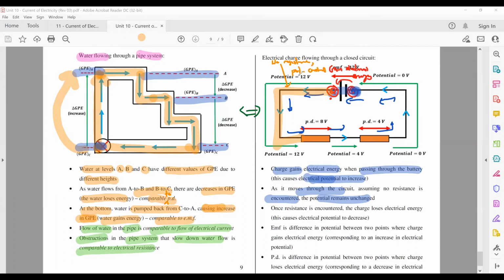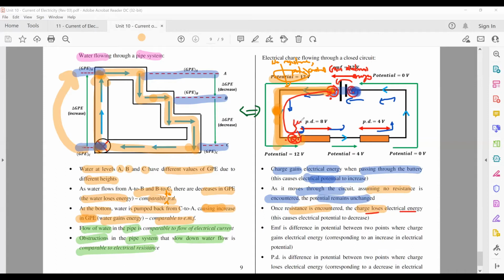All right. So over here, it's already mentioned that once the charge passed through your battery, it was at a potential of 12 volts. So from here all the way to before the resistor, assuming there was no resistance, the potential ought to remain constant. All right. It's only when it encounters some sort of resistance, like going through a resistor, that your charge will start to lose electrical energy. So your charge moves from here to here. It already gained electrical energy here. The energy that it has remains constant all the way to here. But then once it wants to pass through the resistor, it will start to lose